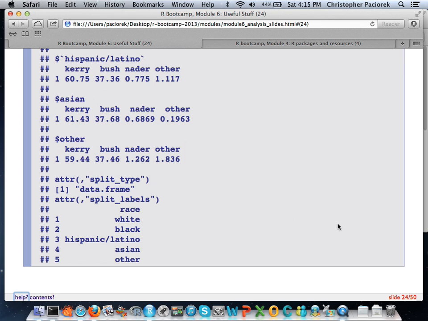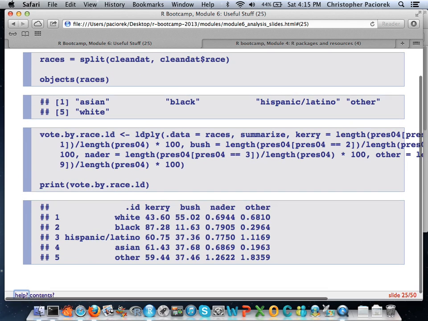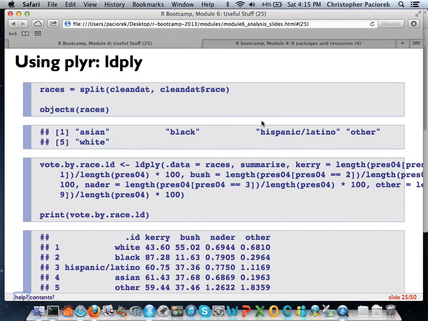And now say I didn't want to do this in terms of a list. Say I started with a list, but I want to do a split and an apply for each element of this list, and then I want to combine it into a data frame. Literally all you do is take your list right here and apply ldply. Again, your data in this case is going to be the races here. We've split this up.